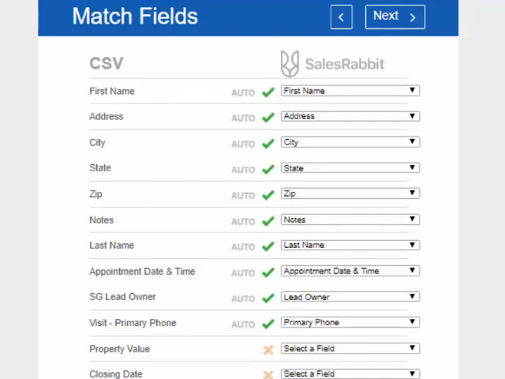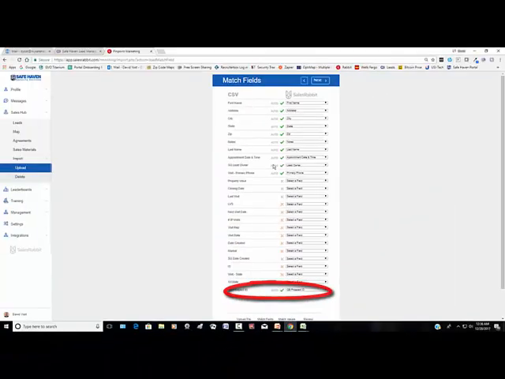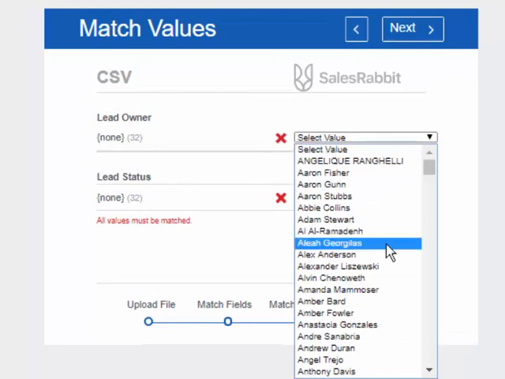The only thing I'm going to check for is to make sure the QB prospect ID is checked. All the rest of these should be fine. As long as you're using the report, those will match up. You don't have to worry about it. Hit next, select the name,